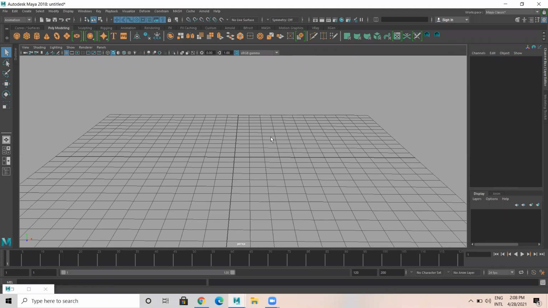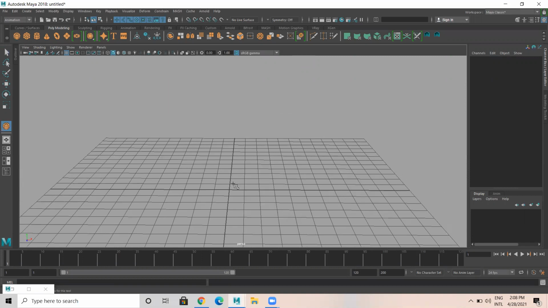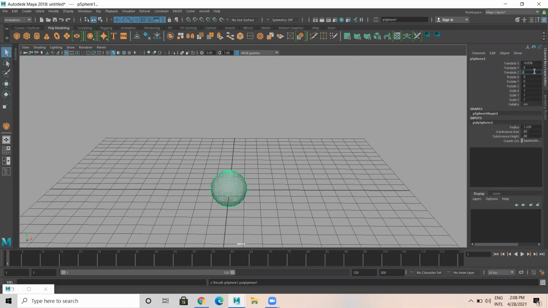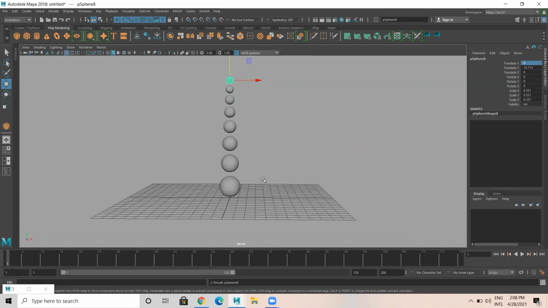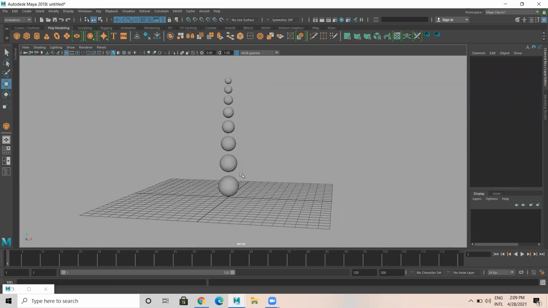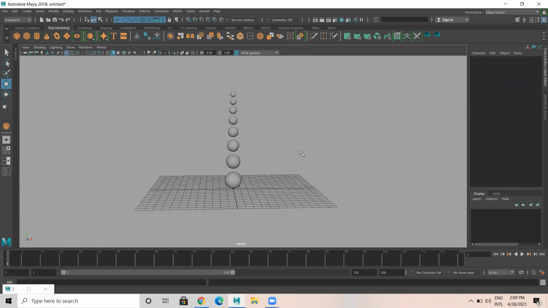We can do a beautiful animation, follow through animation, in a very quick way. Okay. So what I'll do, I'm going to create a few spheres. I'm going to place this here. Control D. I'm making it a bit smaller. Lift it up to here. Then Shift D, duplicate special, Shift D. It's like this. Okay, like this. Got it? So there are these many objects.